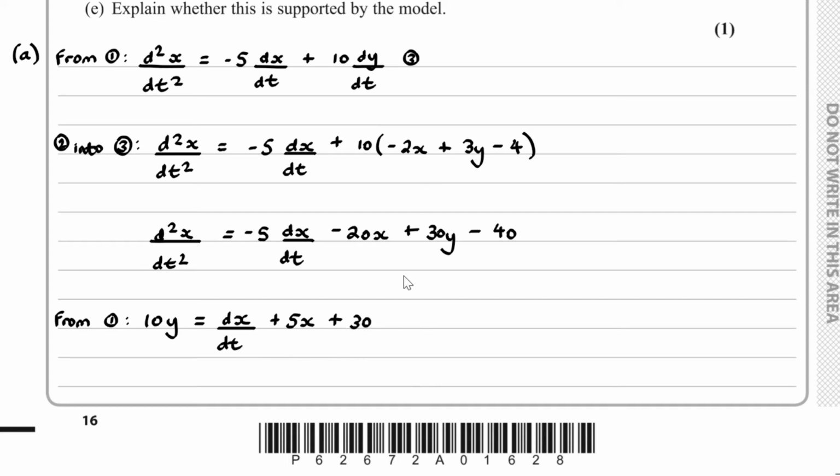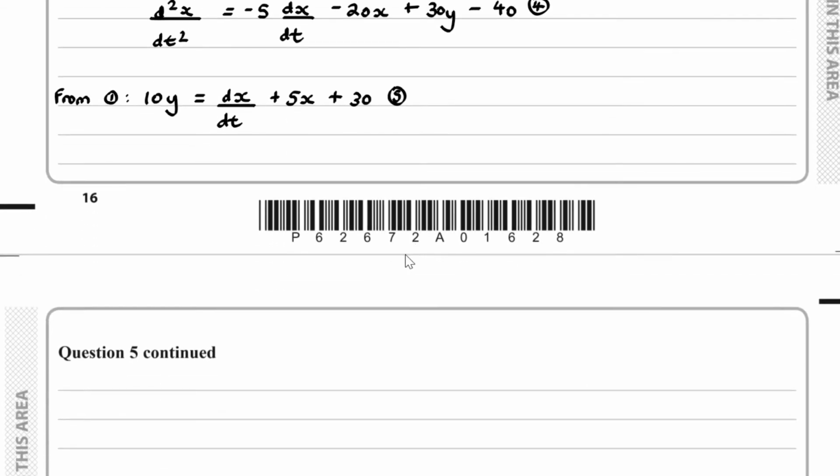So if I call this equation 4 and if I call this equation 5, we can substitute in equation 5 into equation 4, recognizing that 30y is the same as 3 times by 10y. So if we do that, if we substitute in equation 5 into equation 4,